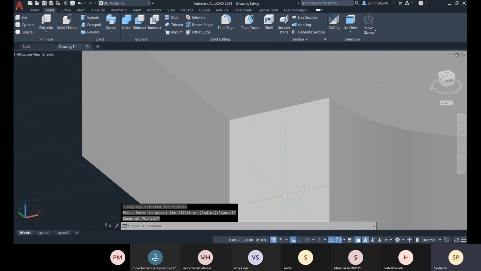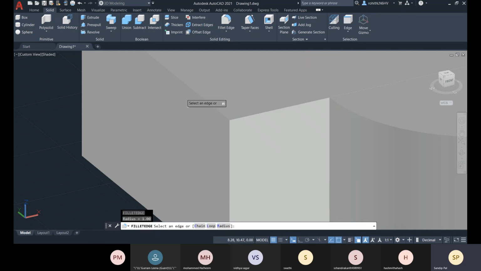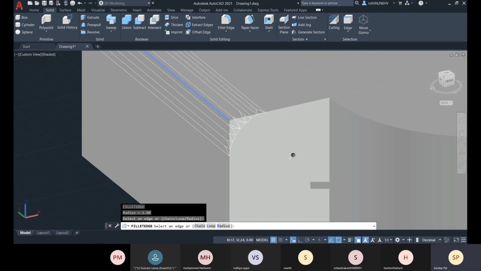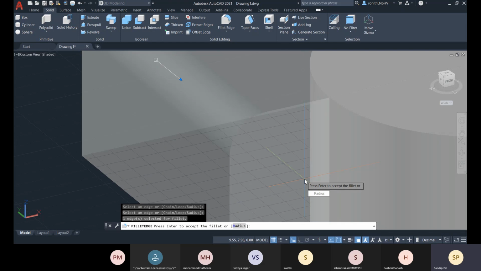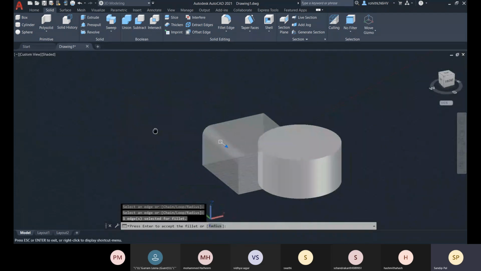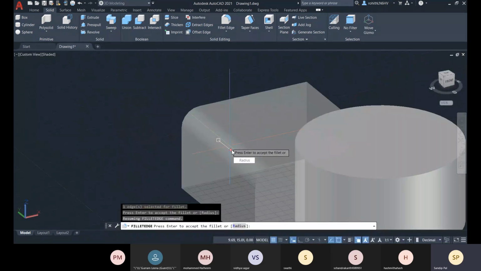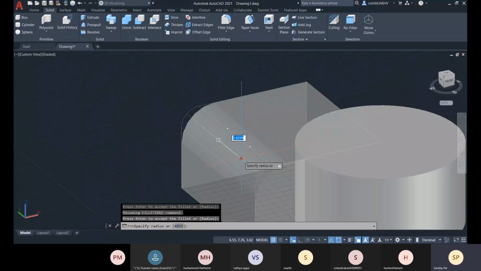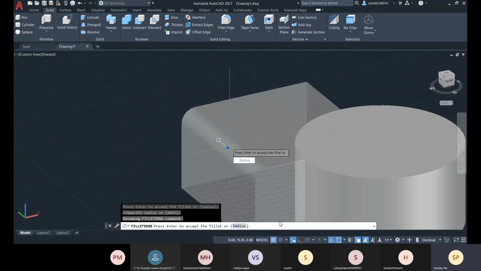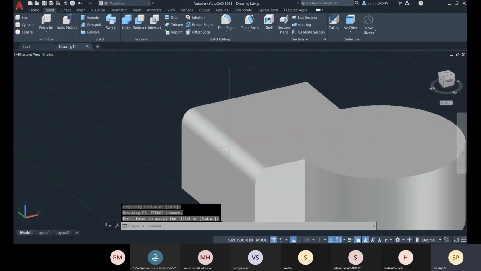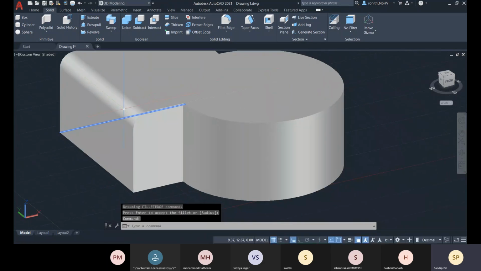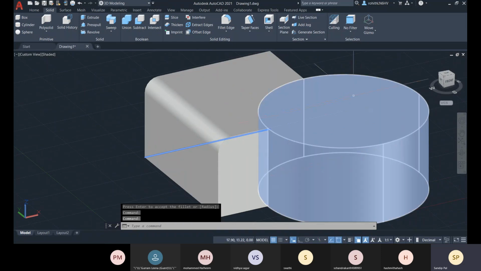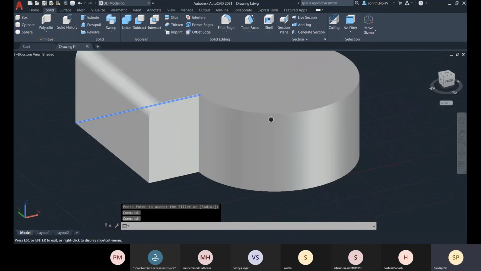You can press enter again. You can increase the value from here, you can decrease the value from here, and after setting it you press enter. So you can create for the whole thing.